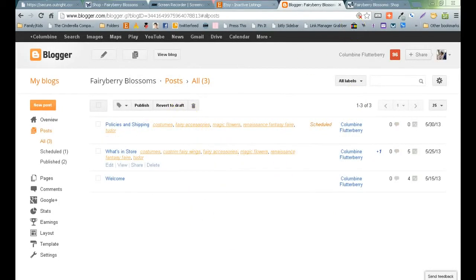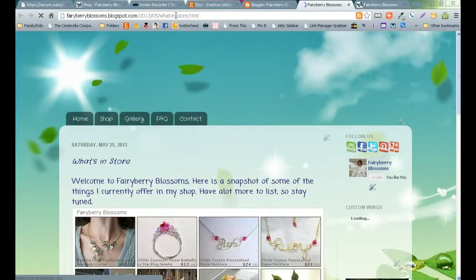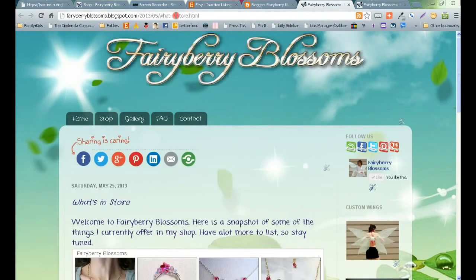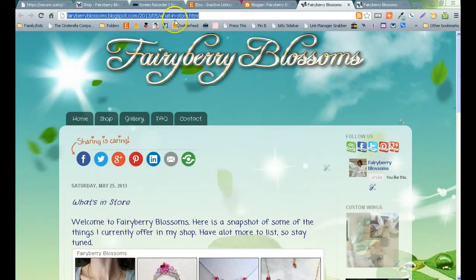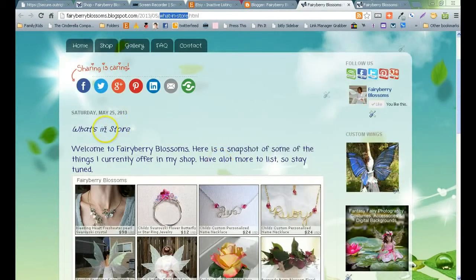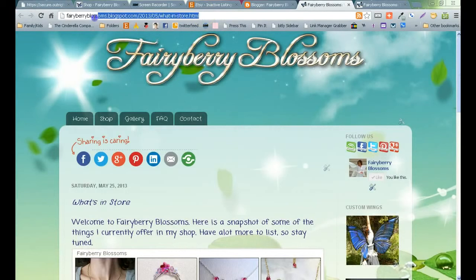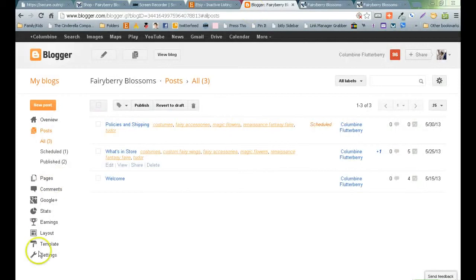Now, to add the tab for that blog post, first of all, you're going to want to grab the URL. So let's view this one. And let's say I want to add it as a page. So I copy the URL. I'm in that right now. It says what's in store. You're going to see it right here. Shows you that you are in that blog post. Okay. So you copy that URL, Control C for copy, and then you go back here and you go to